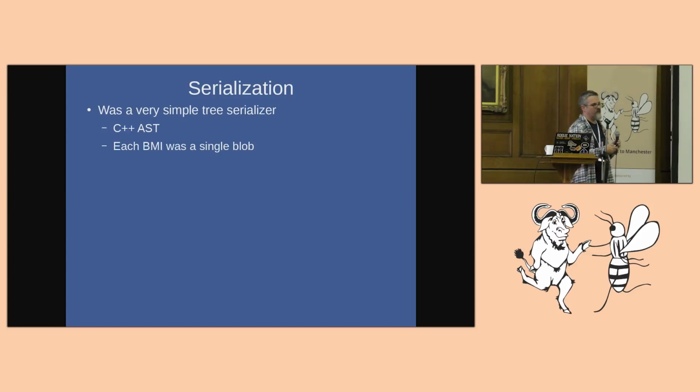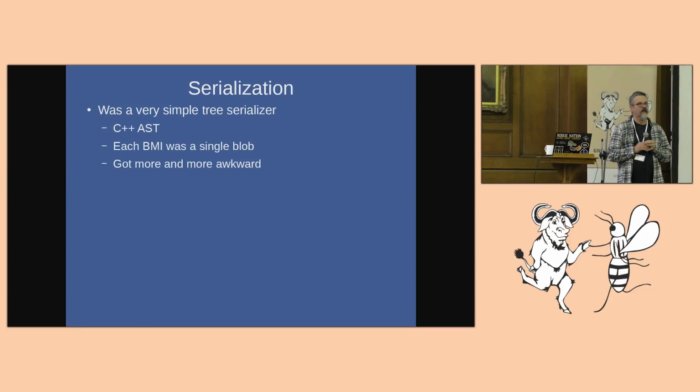But then I started thinking about how to do location information, because I'd just punted on that. And it was getting more and more awkward to add additional features to this big blob of data that I had. And one of the comments last year, from Ian Taylor, who's not in the room, was that lazy loading was important for Go modules. And I was thinking,